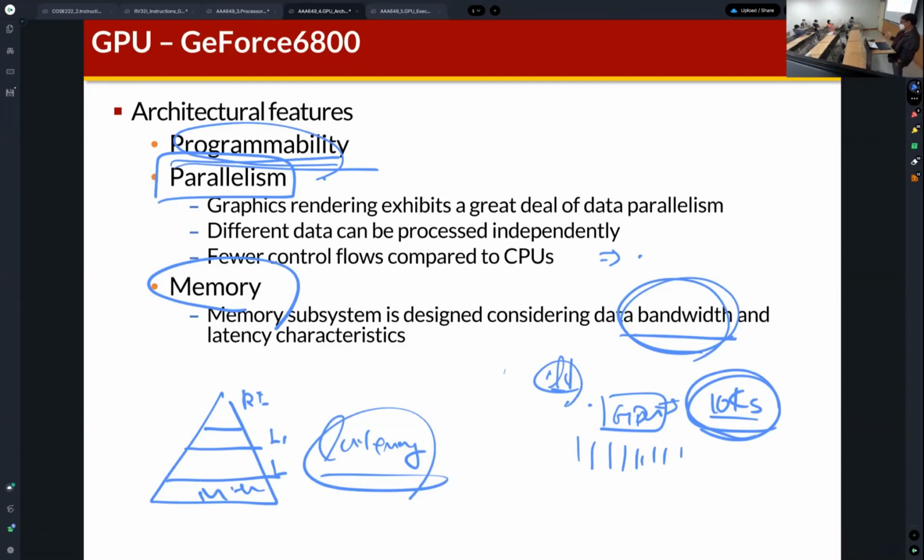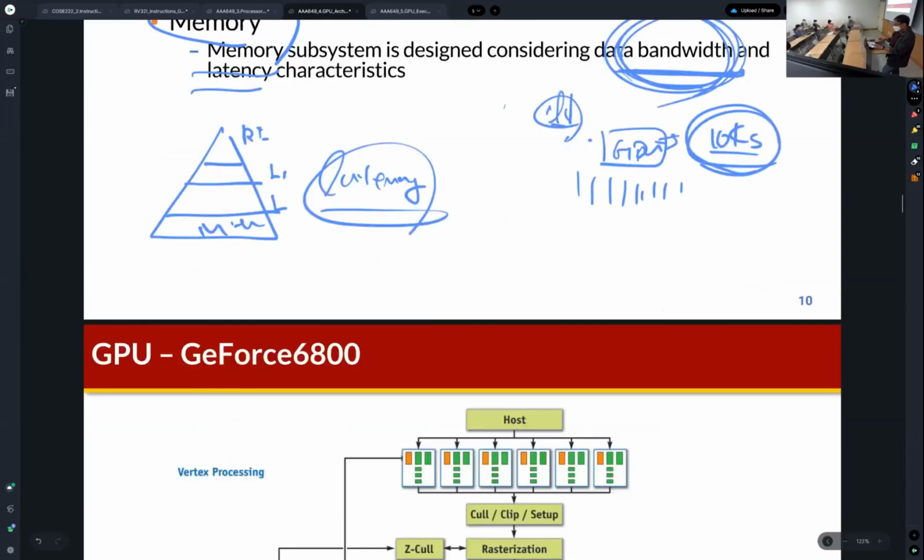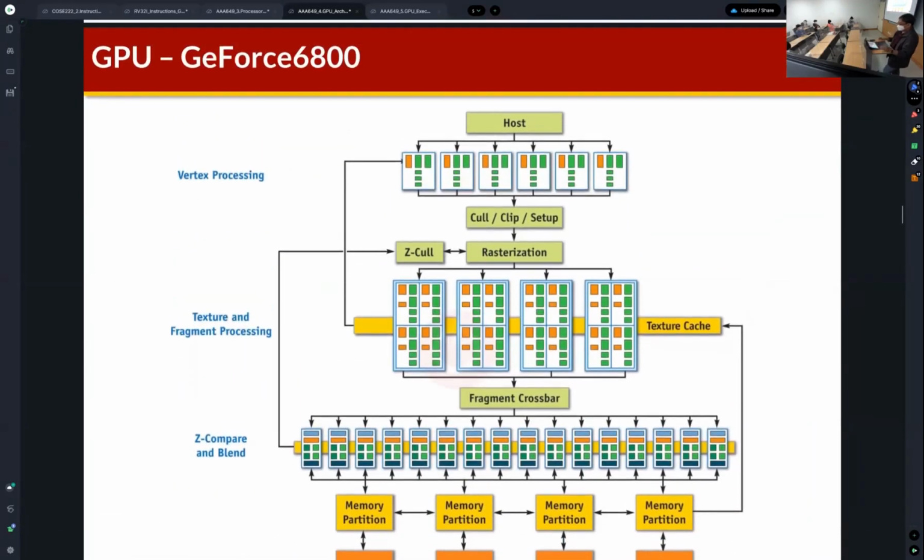So what is important? Bandwidth is important. That's why the GPU memory supports high bandwidth. Also, latency is important because latency is very critical for performance as well. But for the GPU architecture, bandwidth is also very critical. Okay. So considering this feature, this is the